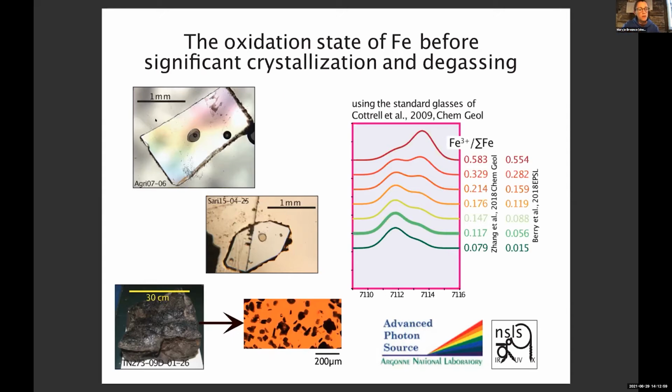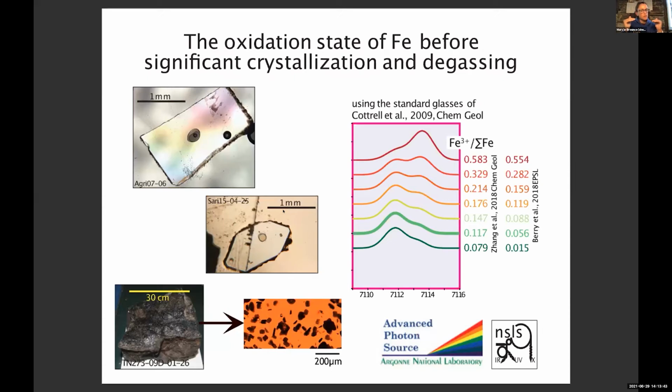Now, the reason we would want to measure these melt inclusions is that they're trapped in these olivines. These olivines happen to have relatively high forsterite contents, so these are really magnesium-rich olivines. And the igneous petrology detail to know here is that olivine is frequently the first mineral on the liquidus. It's the first thing to crystallize as a melt of the mantle enters the crust and begins to cool. So the idea is that if these melt inclusions are trapped in the olivine as the olivine is growing, and the olivine is the first thing to grow, if the olivine can isolate those melt inclusion compositions from the evolving magma on the outside, we're able to capture the oxidation state of iron in the very earliest stages of